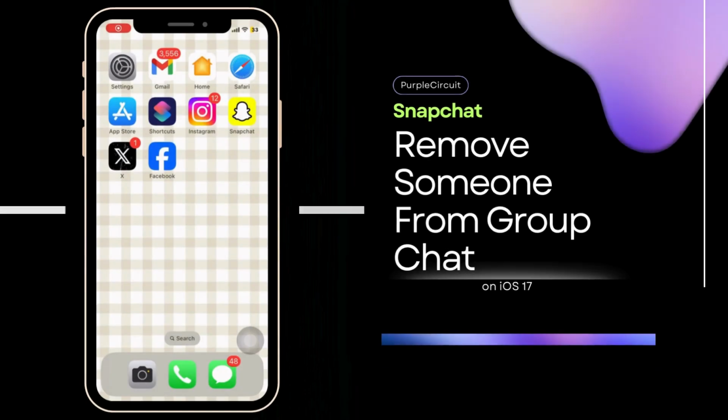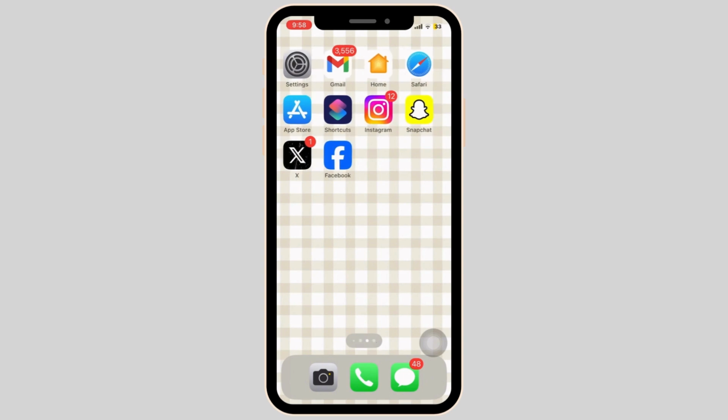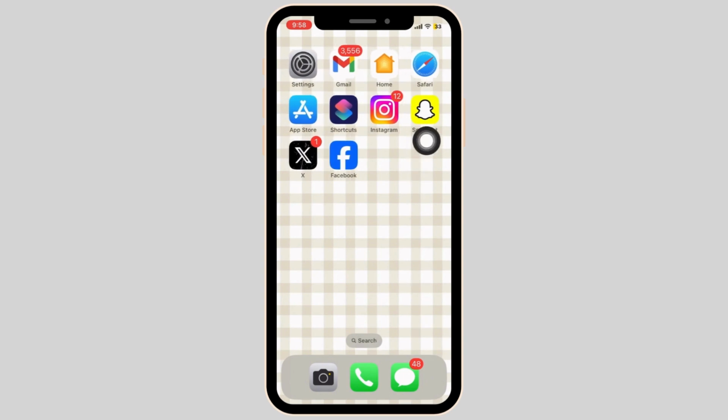How to remove someone from a group chat on Snapchat. This option was previously not available on Snapchat, and this feature was recently introduced. So, to remove somebody from your group chat, open your Snapchat application on your mobile device and open the chat